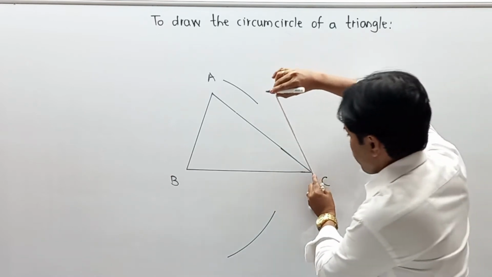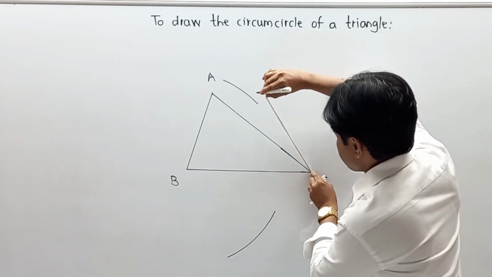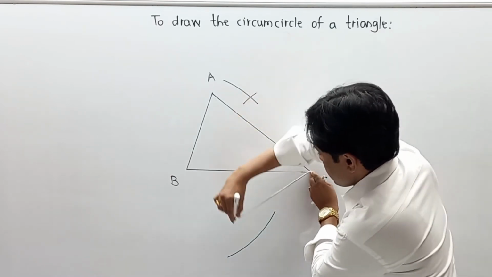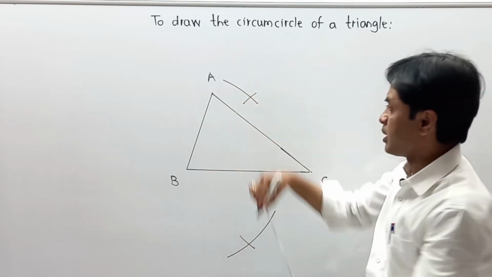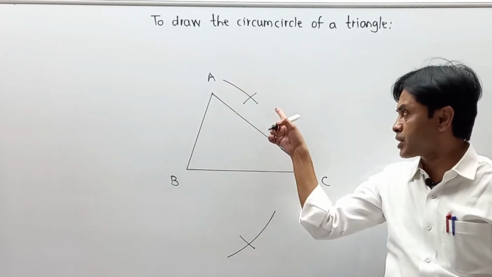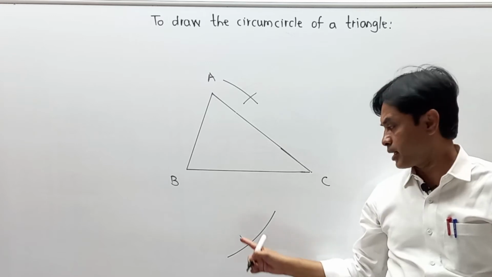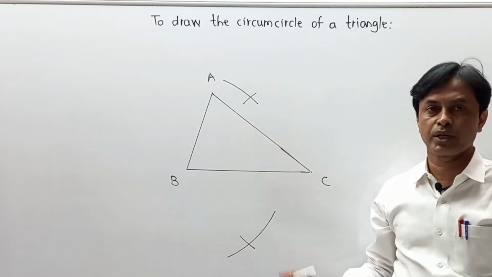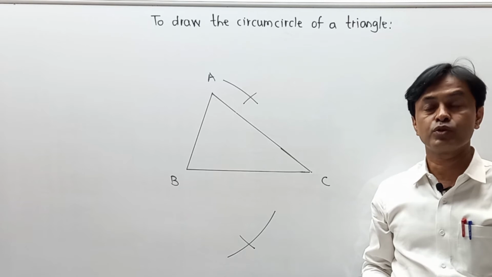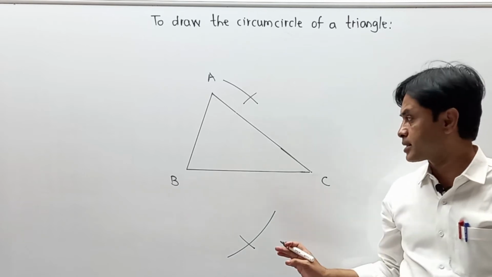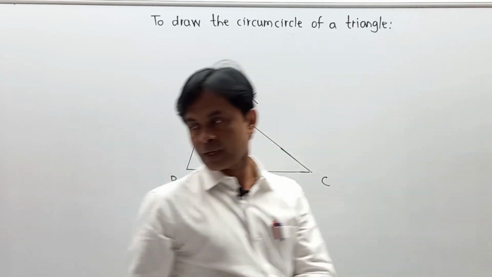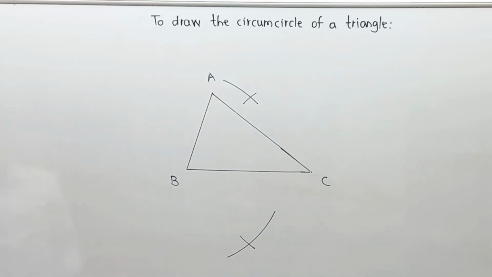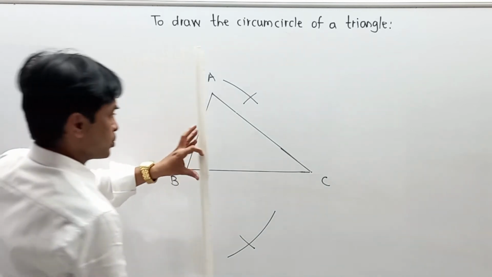Now from point C, or from vertex C, again I am going to make the first arc, second arc. Remember students, your first arc is always larger in length and your second arc is always smaller in length. Keep it as it is, do not rub it out. Keep it as it is over there. Now your part is, I have to draw a segment which passes through these two points.